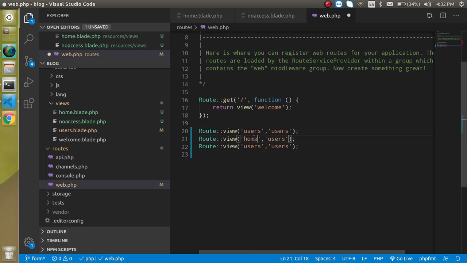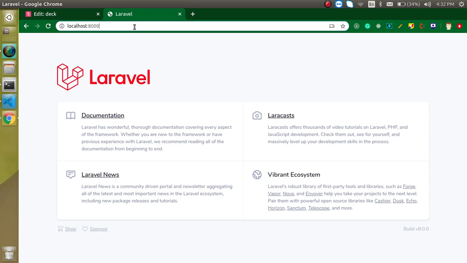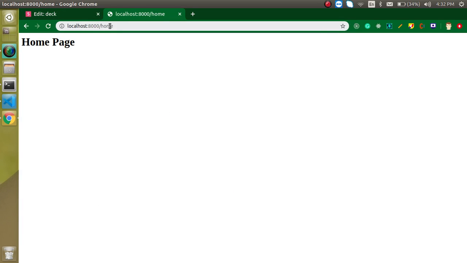So this is for the home view, no-access URL, and no-access view, right? So now try to access all those pages. Let's access the home, working fine. No access is also working fine, and users is also working fine.